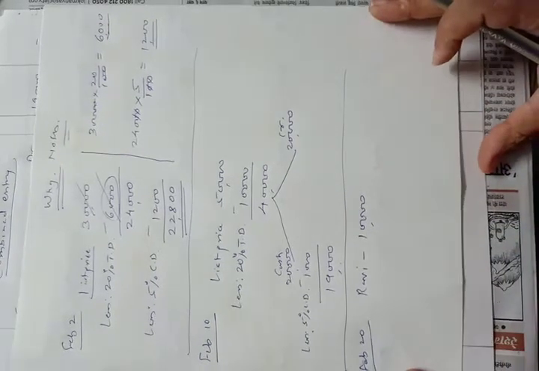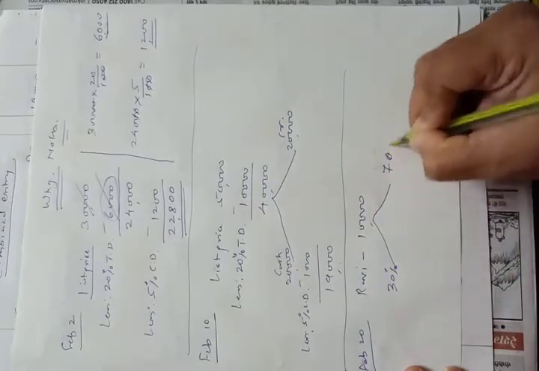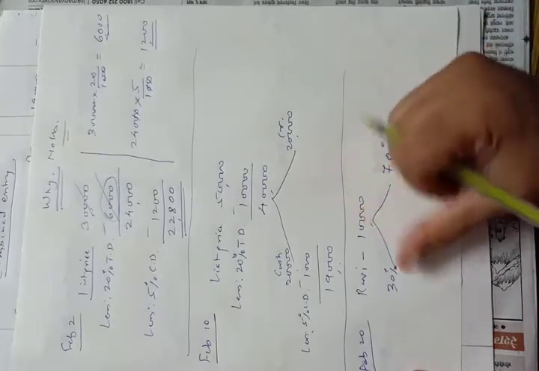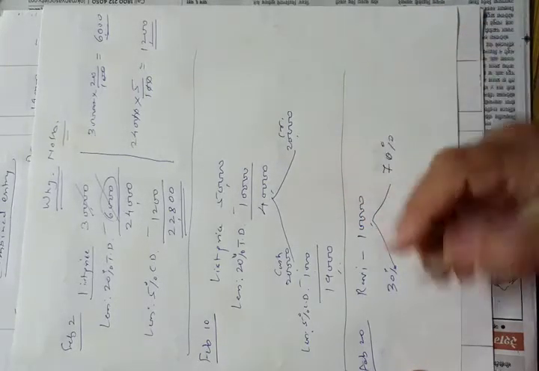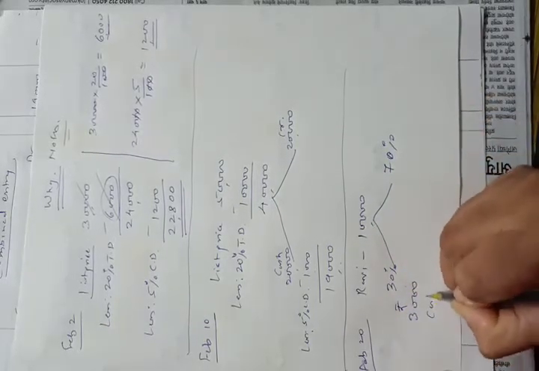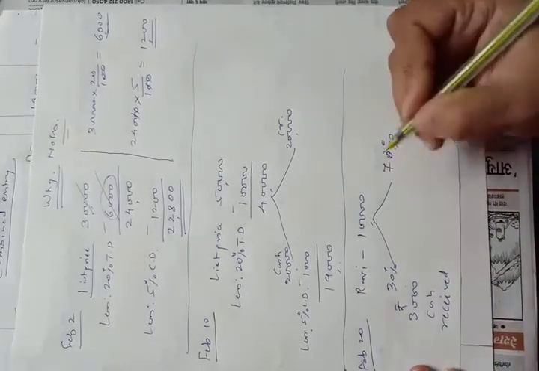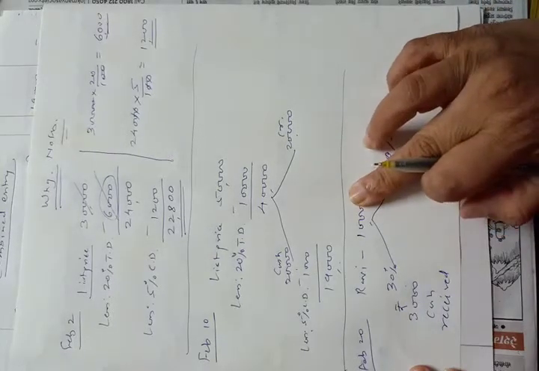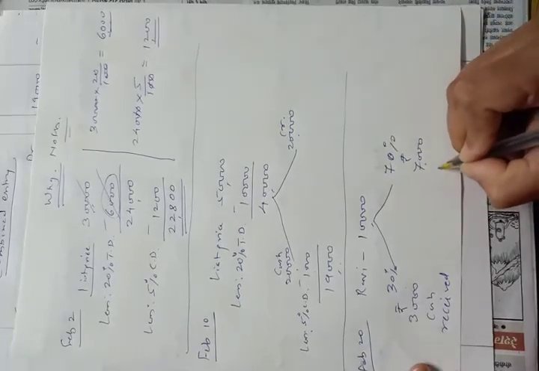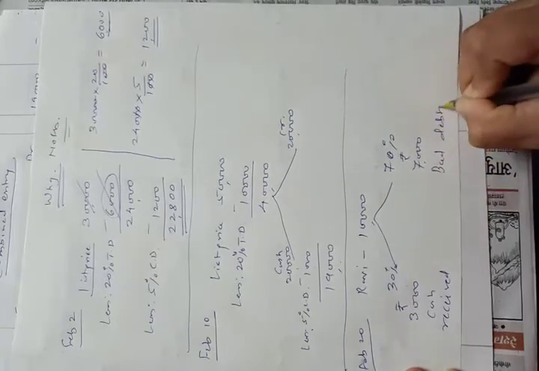As he is declared insolvent, we got 30% amount from his estate and 70% is bad debts. Okay, 30%. 10% will be 1,000. So 30% will be 1,000 into 3, that is 3,000. So rupees 3,000 cash received from his estate, and 70% amount, 10% is 1,000. So 70% will be rupees 7,000, that is the remaining amount. This amount is not received, so these are bad debts from this customer.